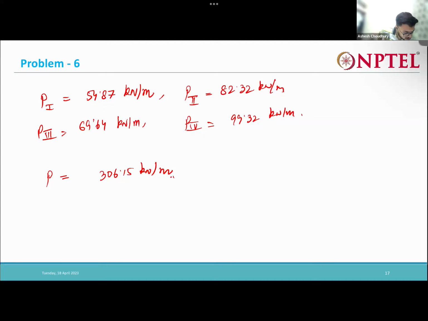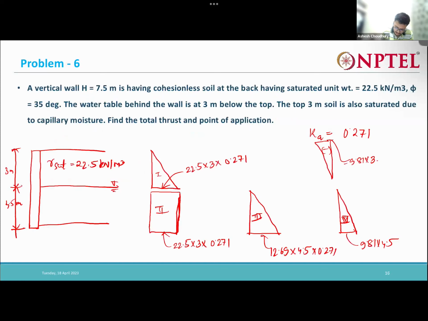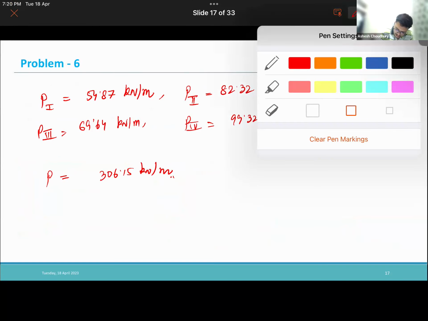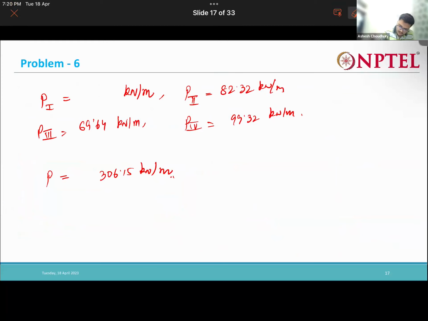Writing 20.271 into 22.5 into 3, it should come out 27. Yeah, it should be 27, no? 27.44. Okay, P2 is fine. P3